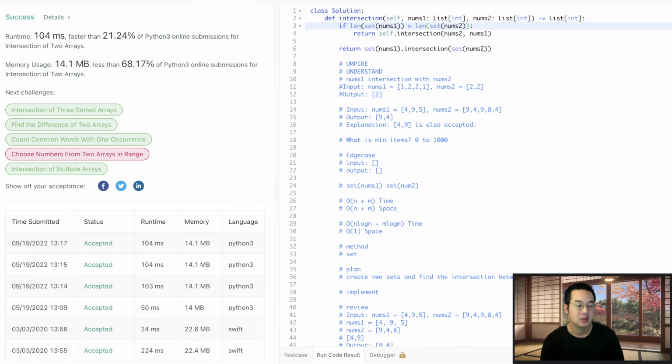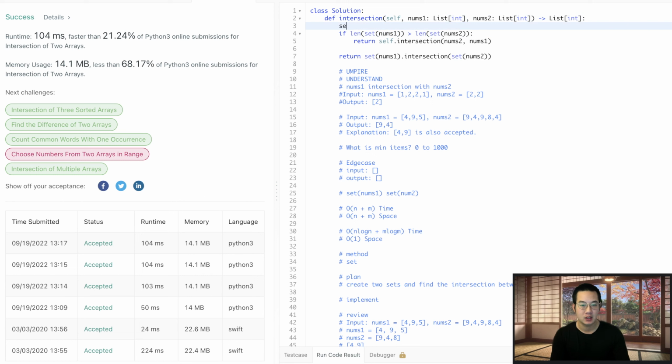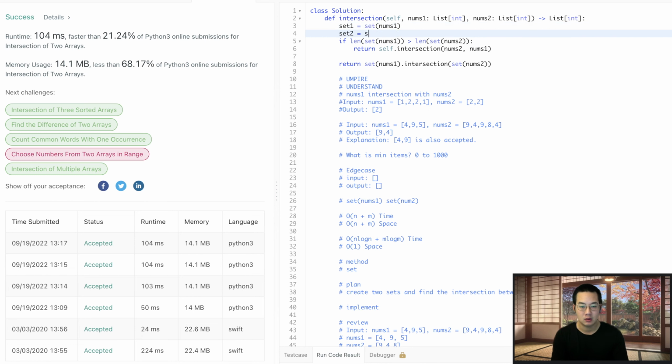It's still about the same, so it's not much quicker. Okay, so let's create the two sets then. Set 1 equals set of nums1. Set 2 equals set of nums2. And what we're going to do instead of doing this is